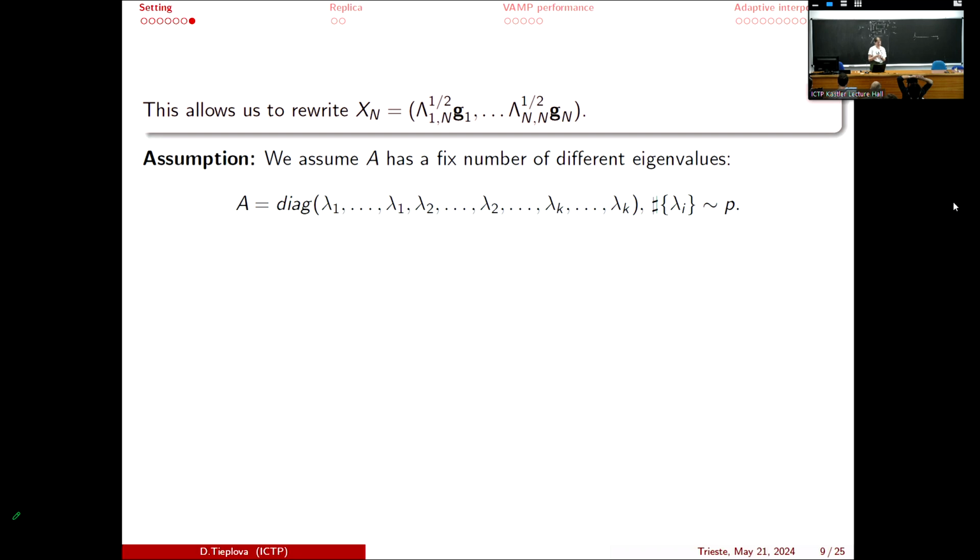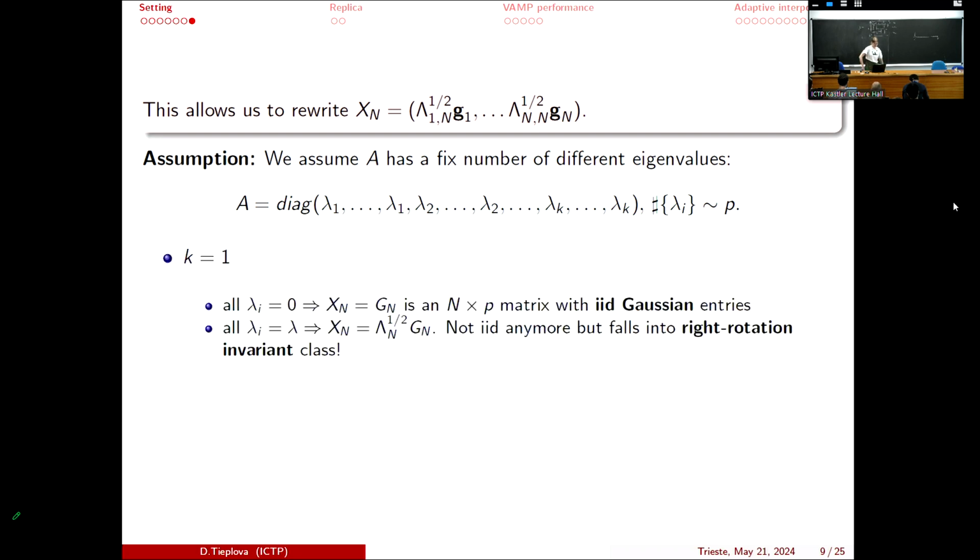Okay, so why do we want it? Well, we are assuming that if there are some eigenvalues whose multiplicity is of order 1, then we conjecture that the result will be completely different. So for the moment, we are fixing the assumption that all eigenvalues have the same degree of multiplicity. Like we wrote, it's just even, so the multiplicity of each eigenvalue is p over k, but it's not necessarily so. We just care that the degree is the same.